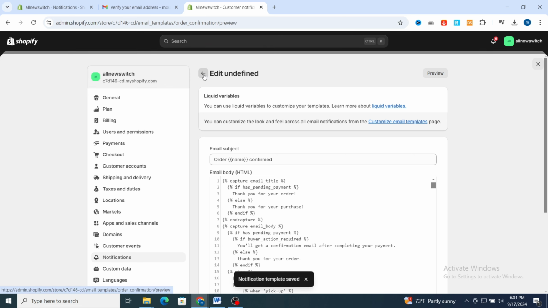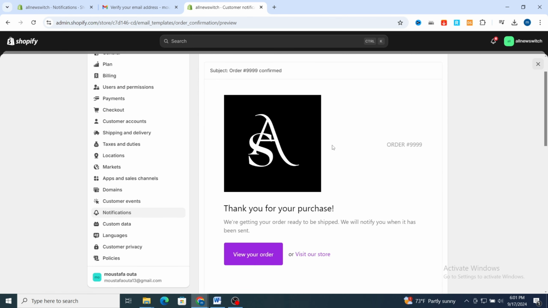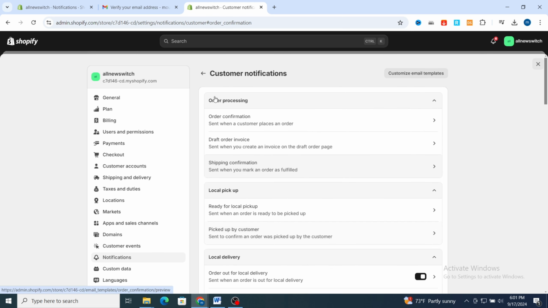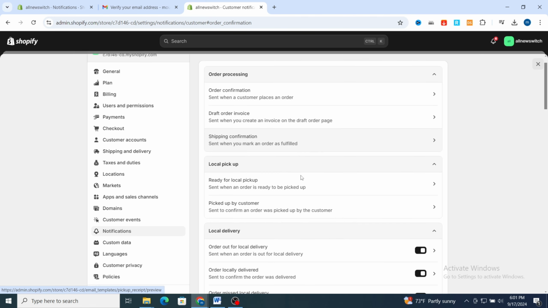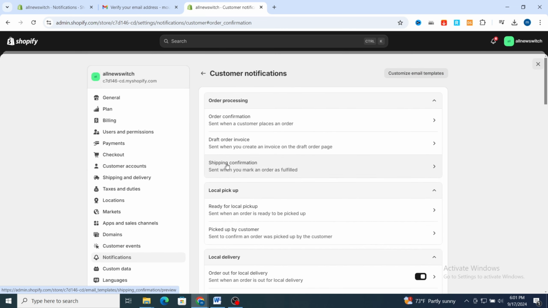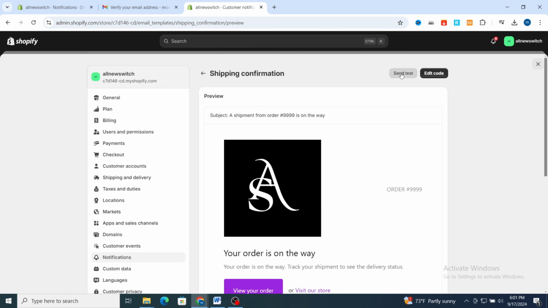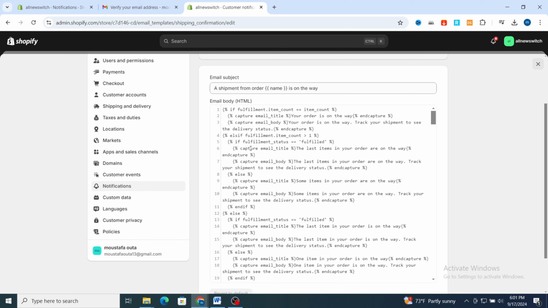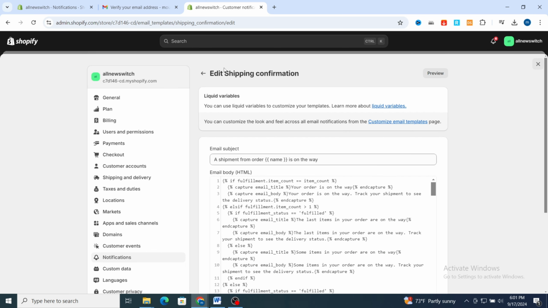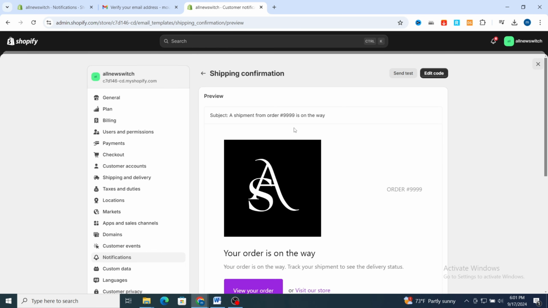Then guys, go back, and you can easily go back again. Then for example, if you want to change a draft order invoice or shipping confirmation, or everything you want to change on the email confirmation, just go and hit, for example, shipping confirmation, and also send the test if you want to see the test as an example, or edit the code first. You can easily change everything you want or everything you need on the code. Then guys, this is the easy method to edit your shipping confirmation or any